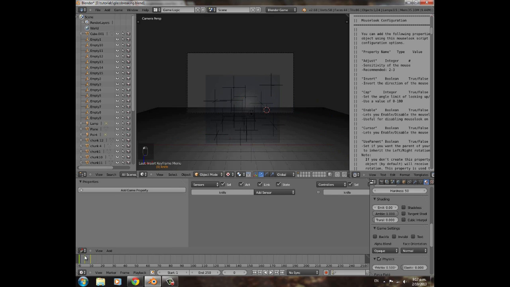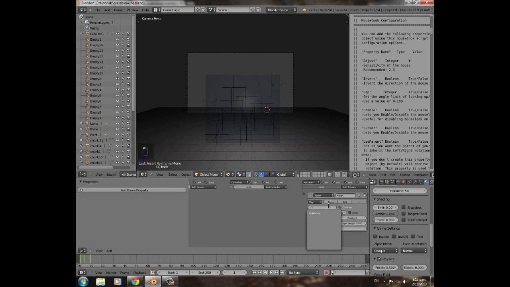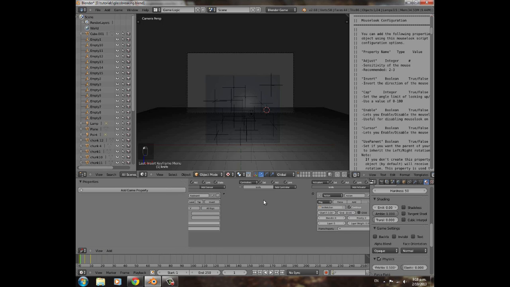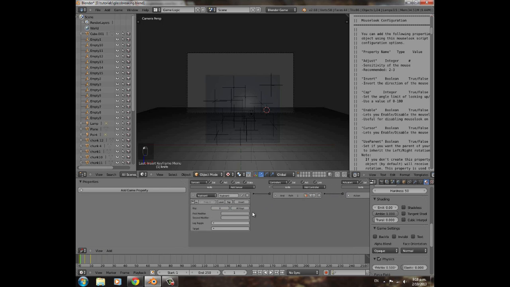So now we have a knife popping out of nowhere. Just like that, nice and fast. So you can't actually see it. I know you might want to make it slower if you have a good quality knife so you can actually see what you're doing or see the knife. We're going to add an action here and end frame 10, and when the player presses V, that's a commonly used sort of thing for knifing on a computer anyway,